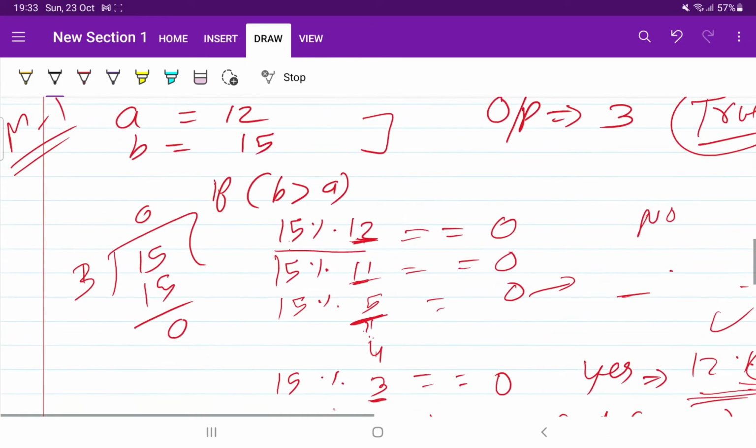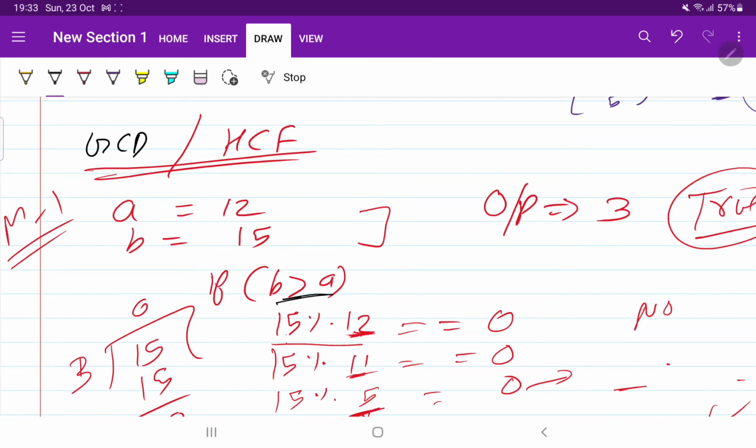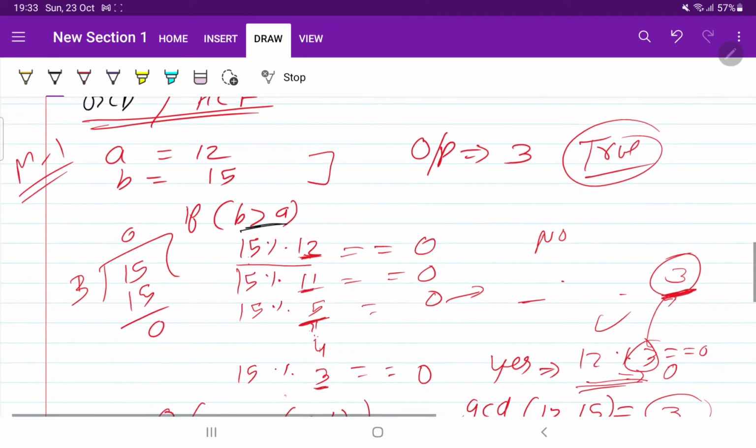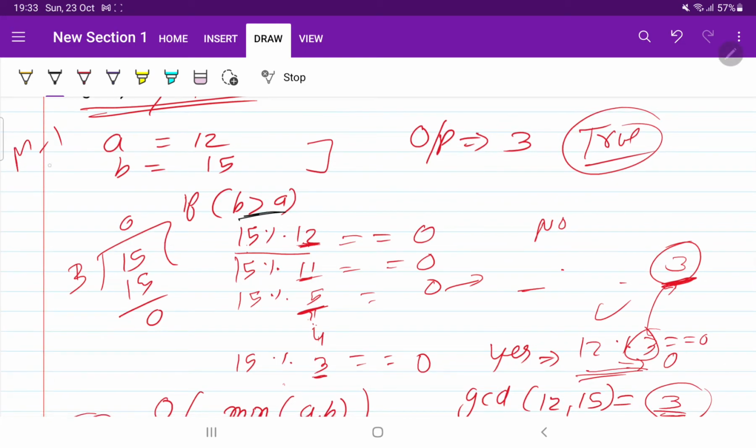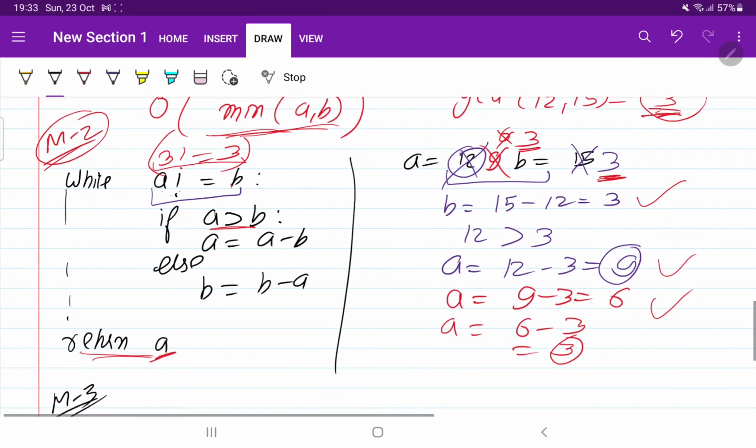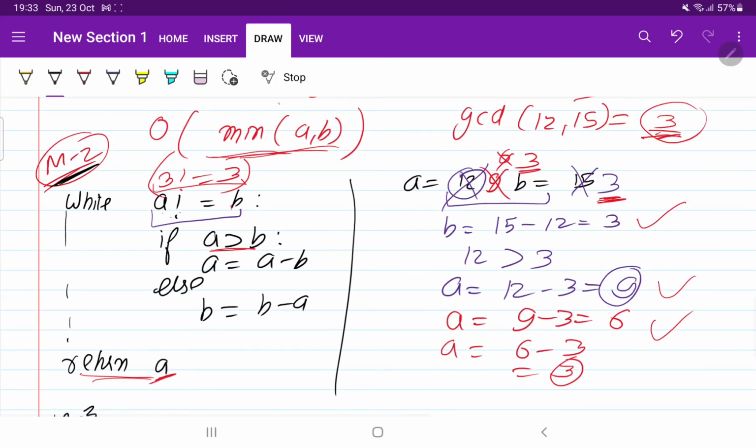The approach that will click on your mind might be this one. Sorry, this one. That we will check for the number which is smaller, then we will reduce the number by 1, and then we will run. So this approach may automatically click on your mind, but if you have never seen this approach, it is not going to enter your mind. So this is the truth. Don't get upset about how this approach will come to my mind.